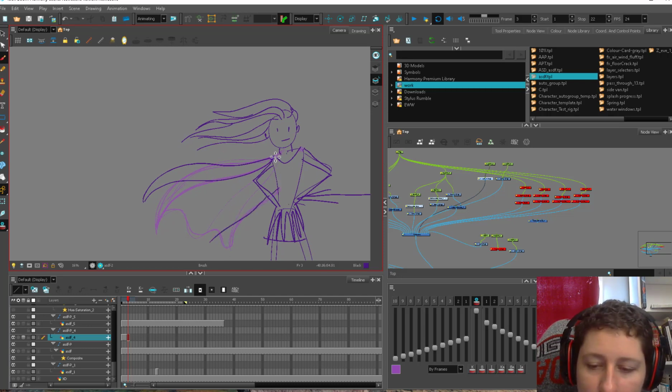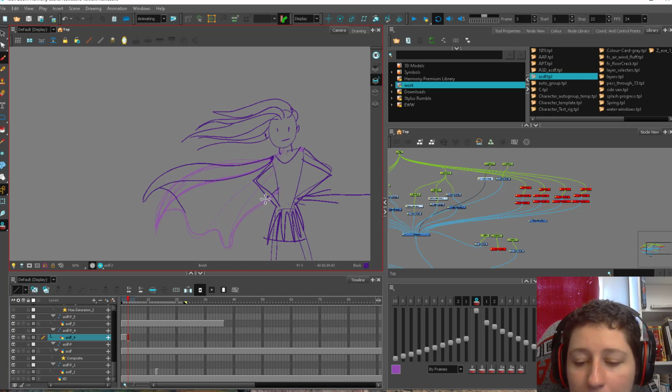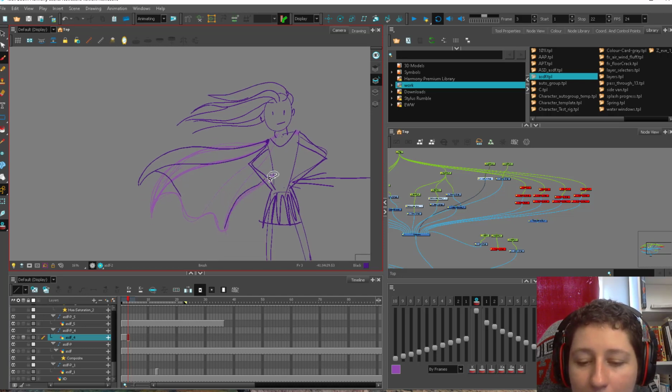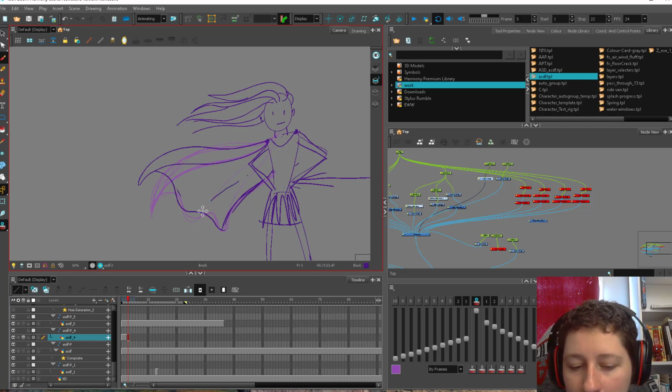And these pieces, each sort of tube, you can think of its own little thing. So here underneath is going to come up. It's going to follow. But the bottom of the cape, because there's weight to the cape, let's say that the bottom doesn't come up as much because it's being dragged, but it's always heading back to this pin. So this line here, you want to think about where it's going. It's coming down behind the character, and you want to have your directions of all these pieces make sense. So this side over here might be coming towards this one. Maybe it even has a back pin.